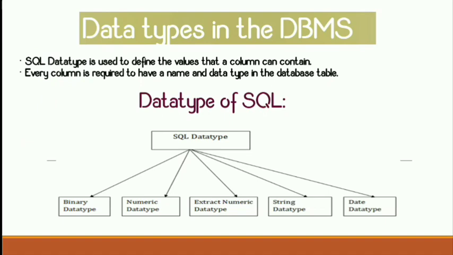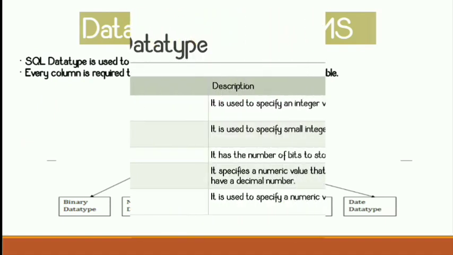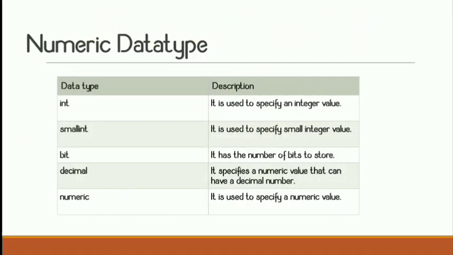Whenever you enter any data in your database, the data is either string data, text data, or number data. Numbers can be in the form of integer only, or they can be in the form of decimal also. According to that, the data type is given. If your data consists of a date, then the date data type is given. If your data consists of time, then the time data type is given. So let us study about different data types.